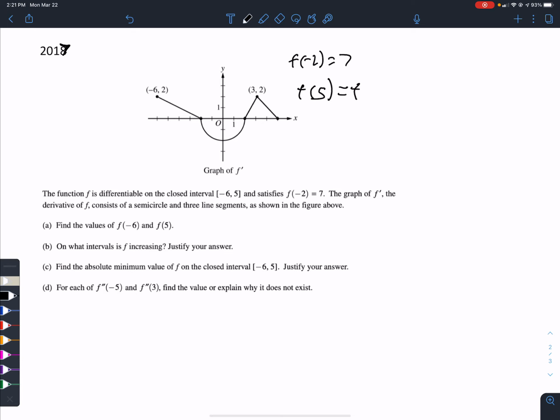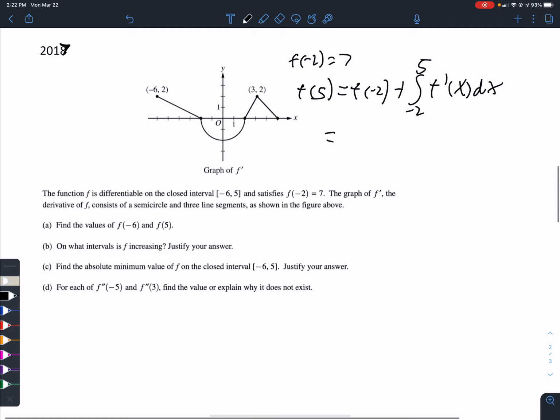It's the same thing. You need the starting value plus the amount of change from -2 to 5, and you find that by integrating the derivative. That gives you the change in f. Again, we start with 7, but now we're going from here to here. So you're going to subtract that because it's below and add that because it's above. All right? So that's going to be